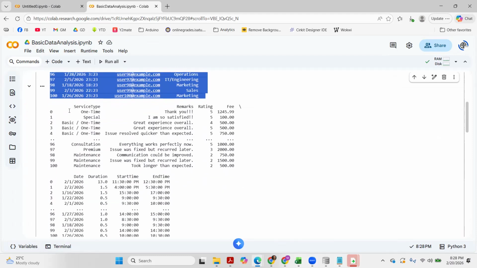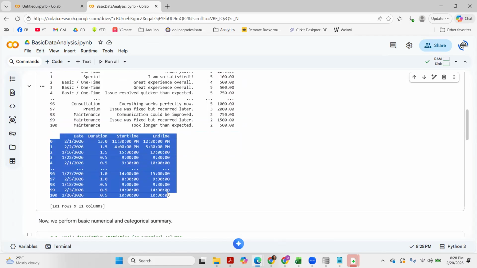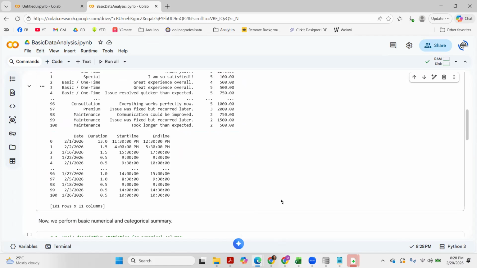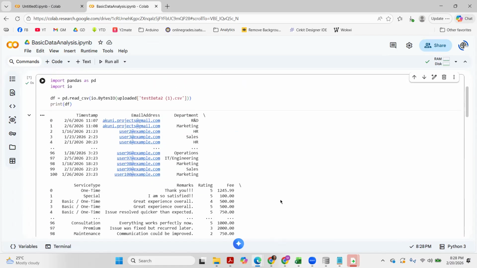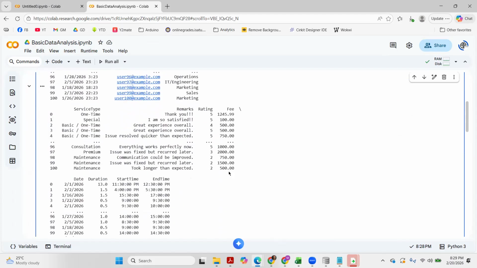Same thing here, for the next 3 or 4 columns, and then the last 4 columns. So that's for the second cell. That's what this code did. It just basically presented what the CSV file contains.